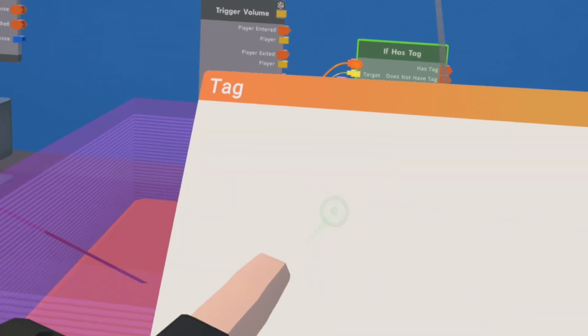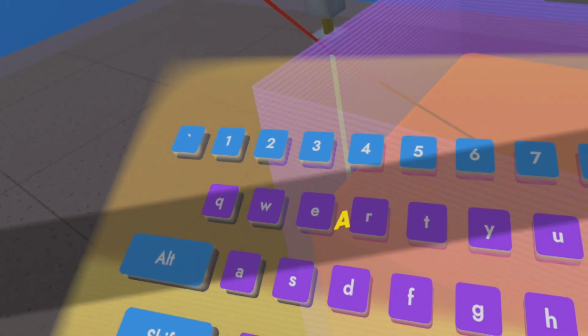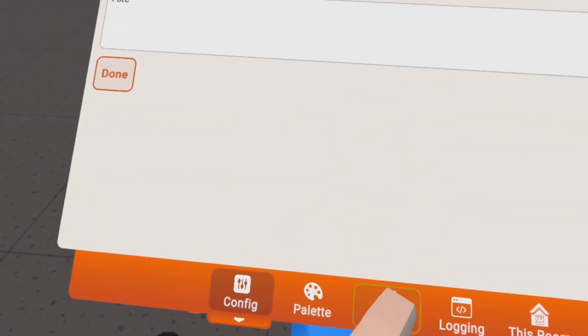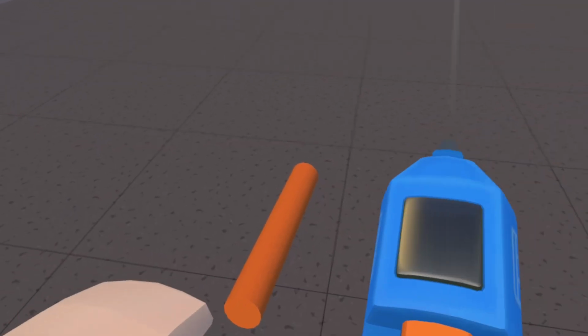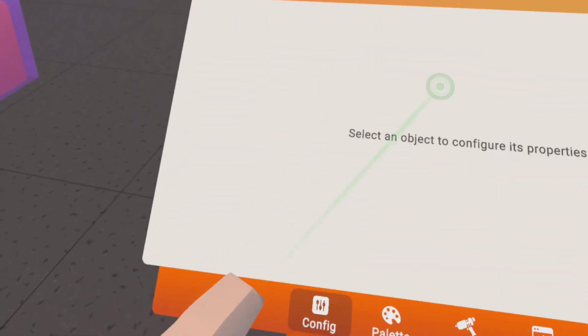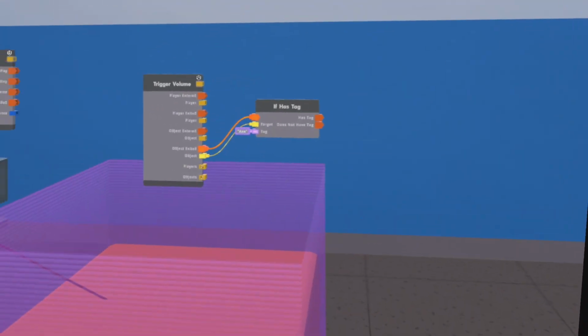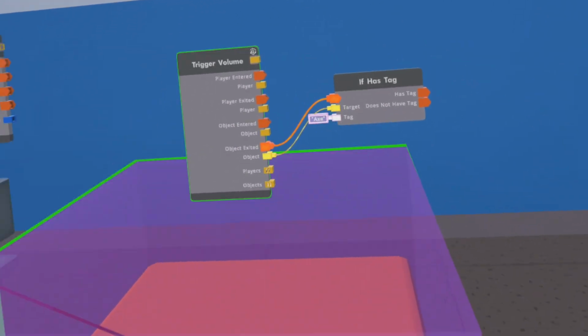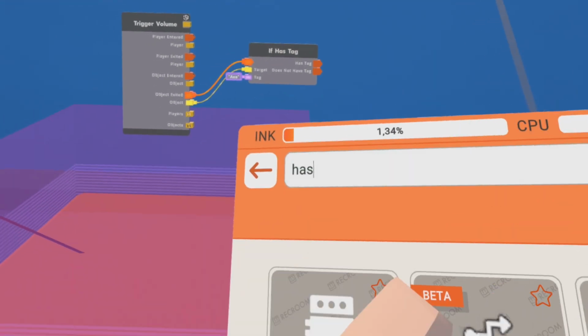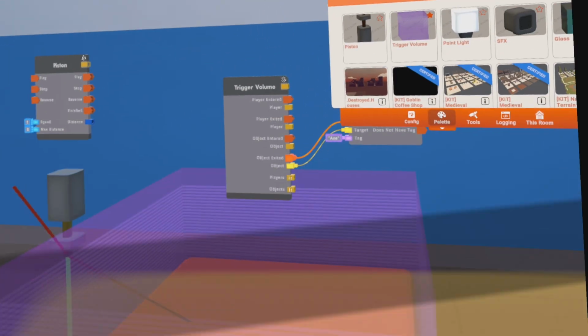Connect the object, check for the tag X. I hope I wrote it in big letters here. This can sometimes be problematic. We'll see once we try. So check for the tag. If it's the right tag that entered, then we